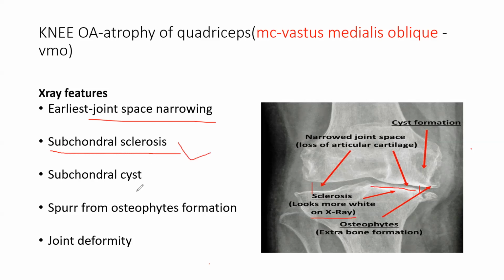Then you will find some cyst formation. You see this cyst formation here. A cyst is a cavity that forms inside the bone, a hollow space, because of destruction. Then osteophytes, as I had already told you, are new bone formation. Look here, a new bone has come out at the side. This is a bone growth, but these are useless bones because they are degenerative bone. It is not a young bone which is very helpful. These are called osteophytes. And joint deformity occurs. So these are all characteristics of an old OA knee.